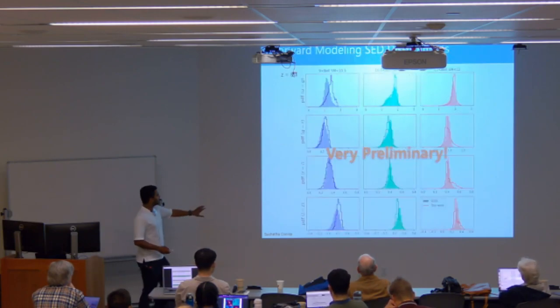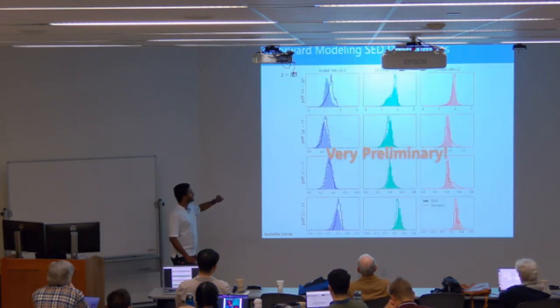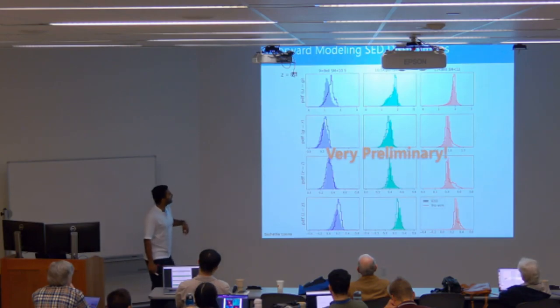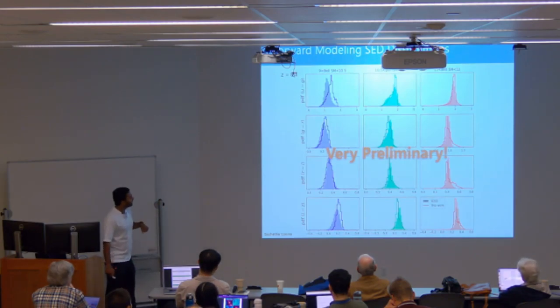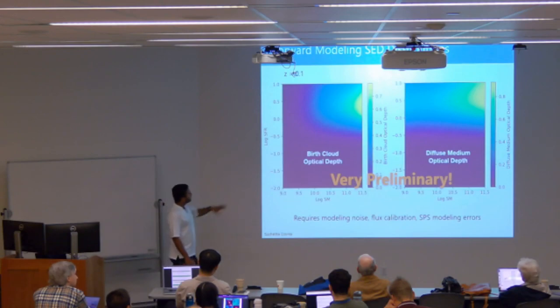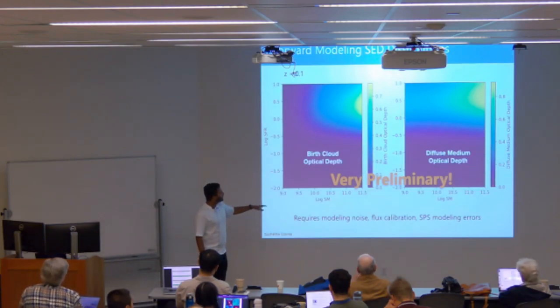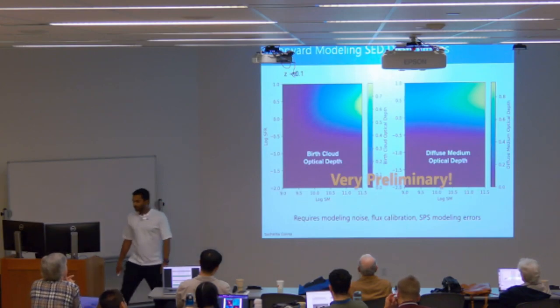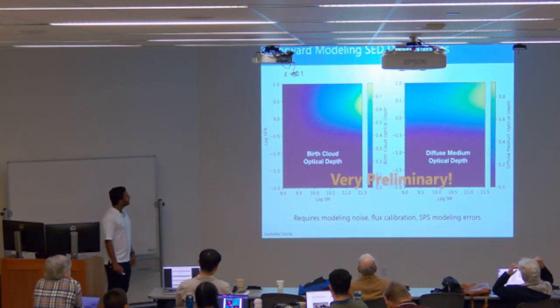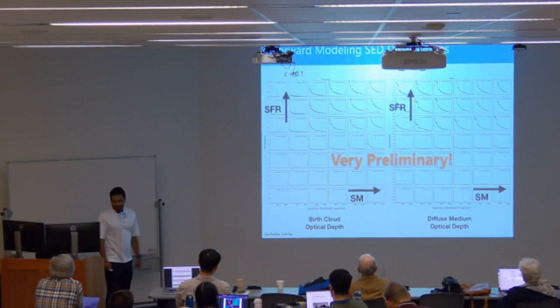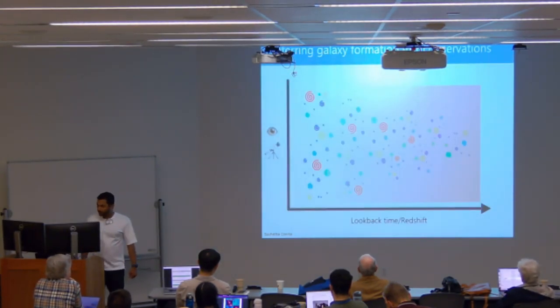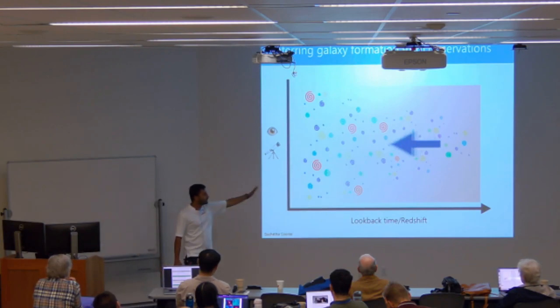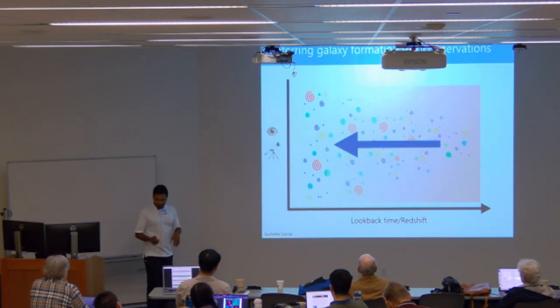Very preliminary results. These are colors of SDSS bands that we are matching right now. Things are looking good. We use the Charlot and Fall two-component model, so we have dust laws for optical birth cloud and diffuse medium. Curves, I'll skip through. So what we've been doing is now match essentially the colors of these galaxies with redshift